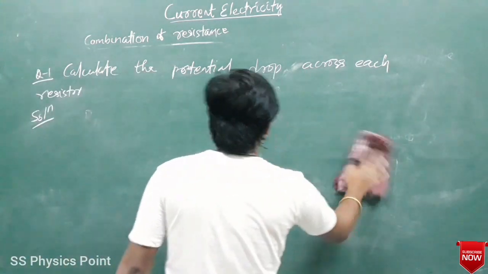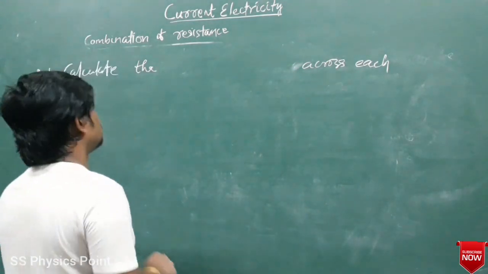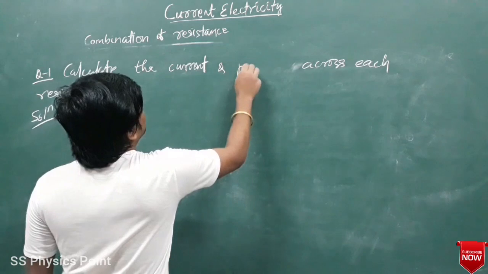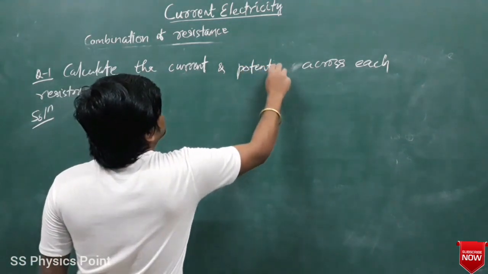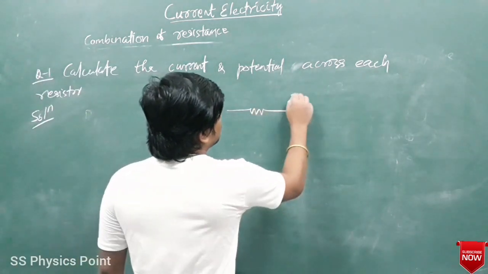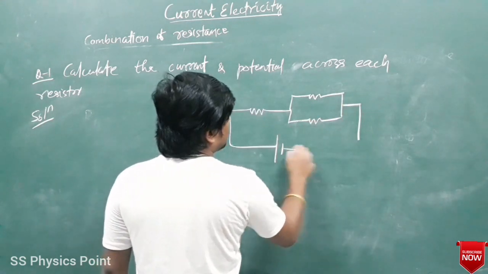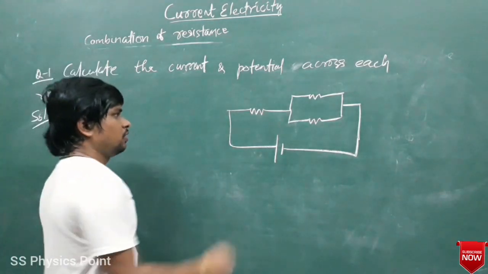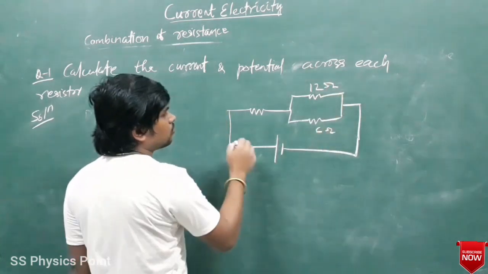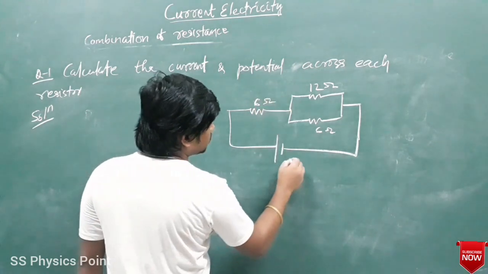कैलकुलेट द करंट एंड पोटेंशियल ड्रॉप अक्रॉस ईच रजिस्टर। करंट भी निकालना है और पोटेंशियल भी निकालना है। सर्किट कैसा दिया गया है? मान लो ये एक रजिस्टर है और इसको और एक रजिस्टर दिया गया है, उसको कनेक्ट किया गया है बैटरी के साथ। ये मान लो 12 ओम, ये मान लो 6 ओम, ये मान लो सपोज 60 वोल्ट।